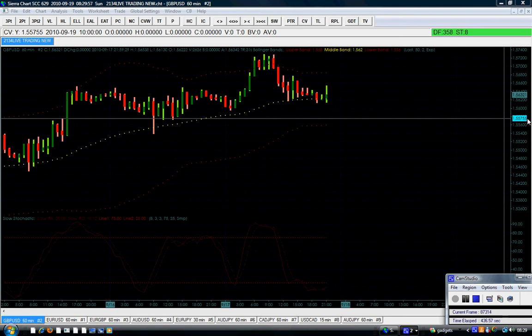And also the first day of the week, which is Monday, usually the price will go up when London opens, or go down when London is open, and then retrace back to where it belongs when New York opens, and then just stack. Usually the trend will start after the London session is closed at 5 p.m. London time. That's why Tuesday is a better time to come into the market. So the market does not trend all the time.